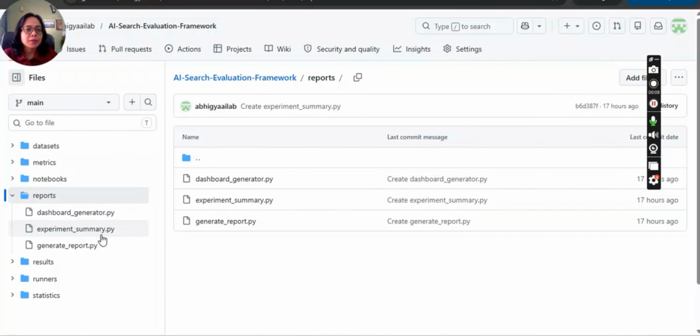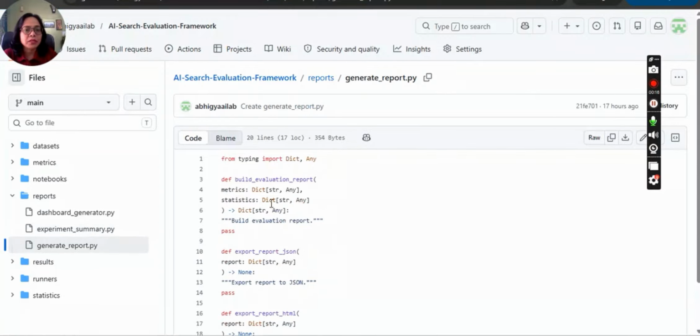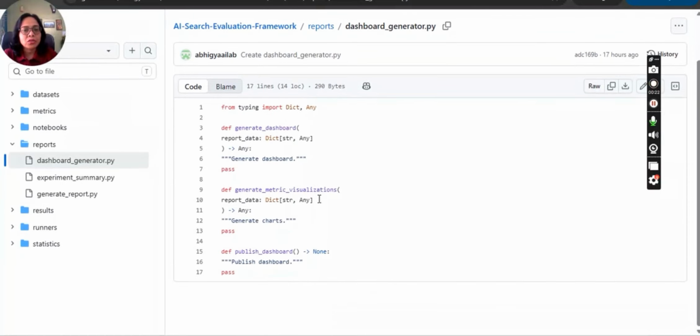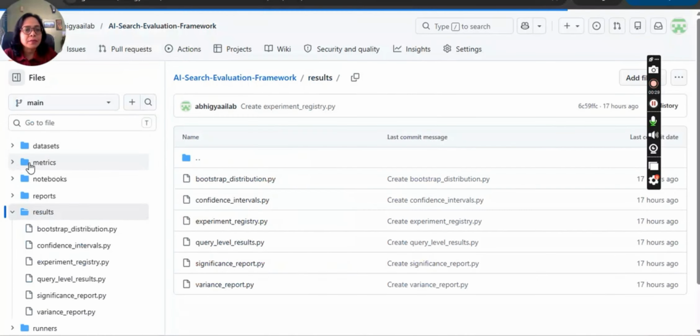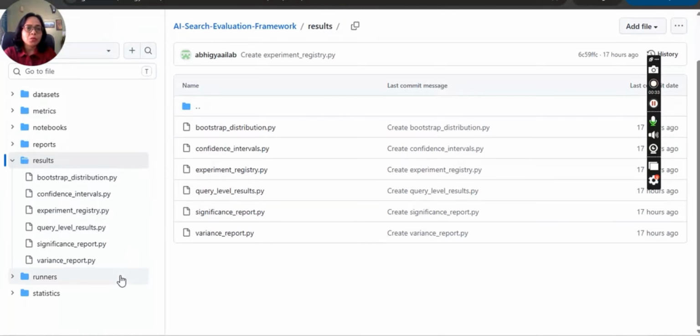It's like an experiment summary. All the experiments will be summarized, then a report will be generated, and then a final dashboard will be generated displaying all these metrics. Generate metrics, visualizations, a public dashboard, all these. After that the final results will be displayed, and inside those results all the experiments that we have done,